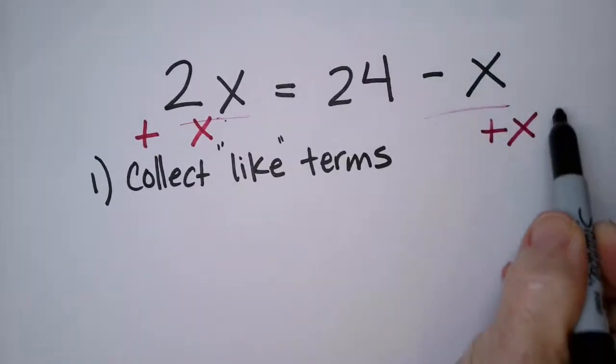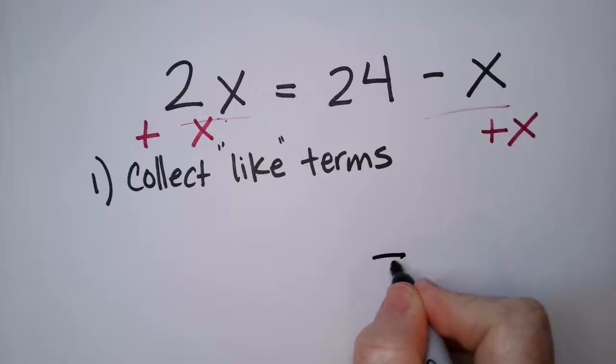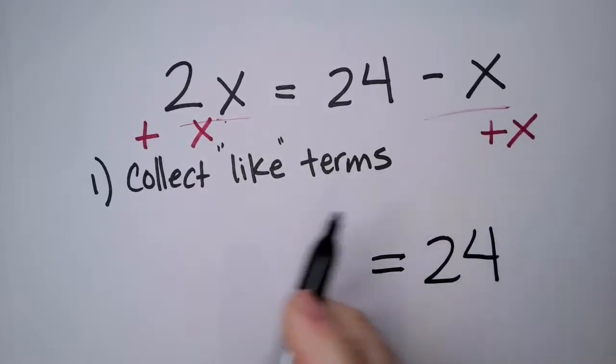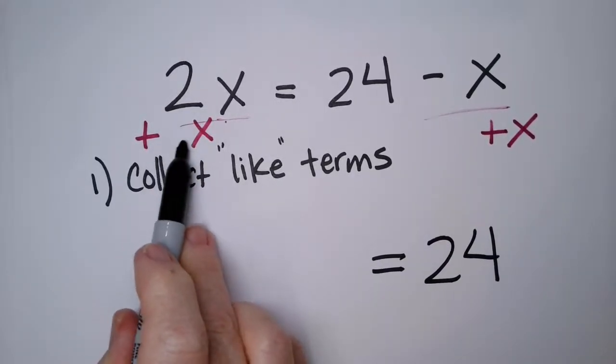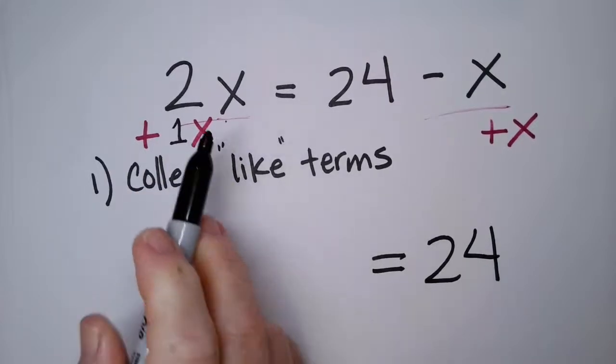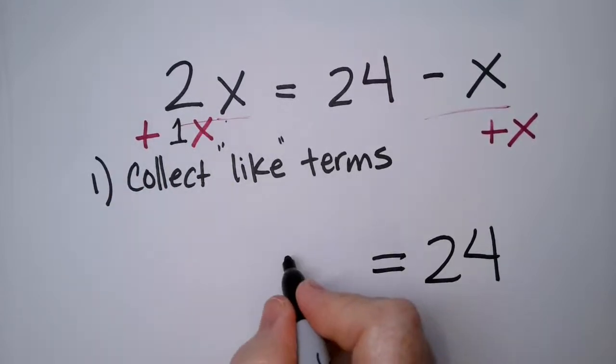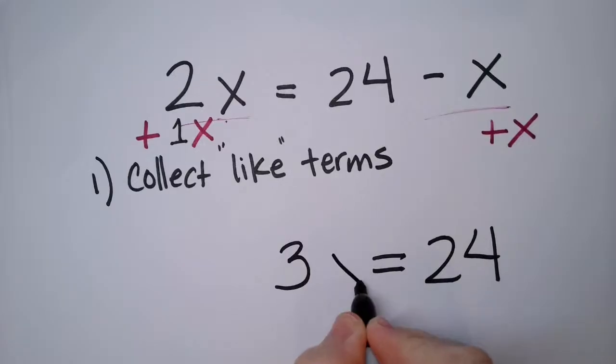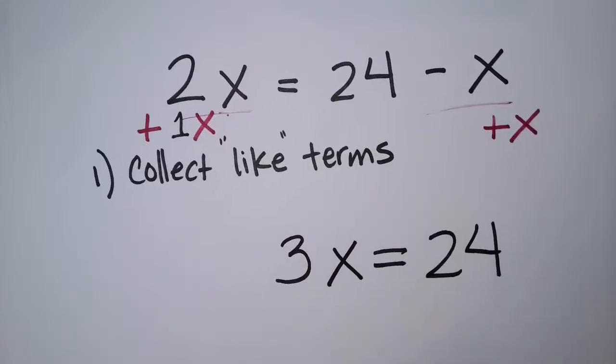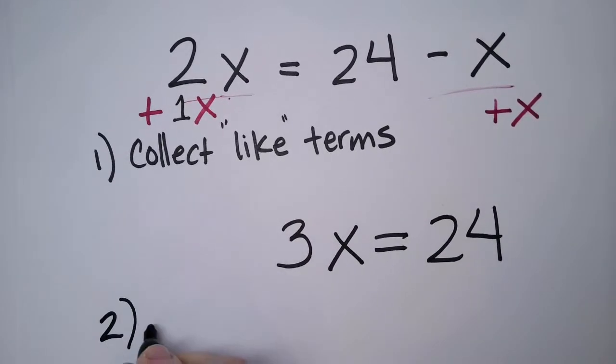That will get rid of this. So all I have is a 24 on that side. What is 2? Now, if there's nothing in front of it, we call that a 1. 2 plus 1 is 3, but don't forget the x. Okay, and then step 2 is you want to solve